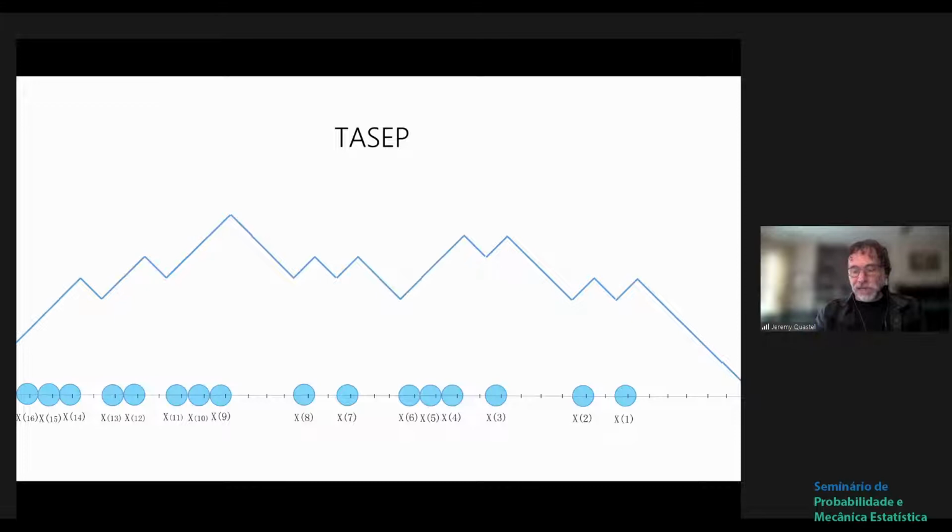And now as it goes, what happens is the particles attempt to jump to the right at rate 1, and they're only allowed to jump if there's nobody in the way. And completely equivalently, a little local max turns into a little local min of the height function at rate 1. So that's happening at every site independently. And so let's watch the thing go. The particle jumps and the height function jumps. And well, that's it. That's TASEP. Okay, so the only twist here is that there's a rightmost particle, and